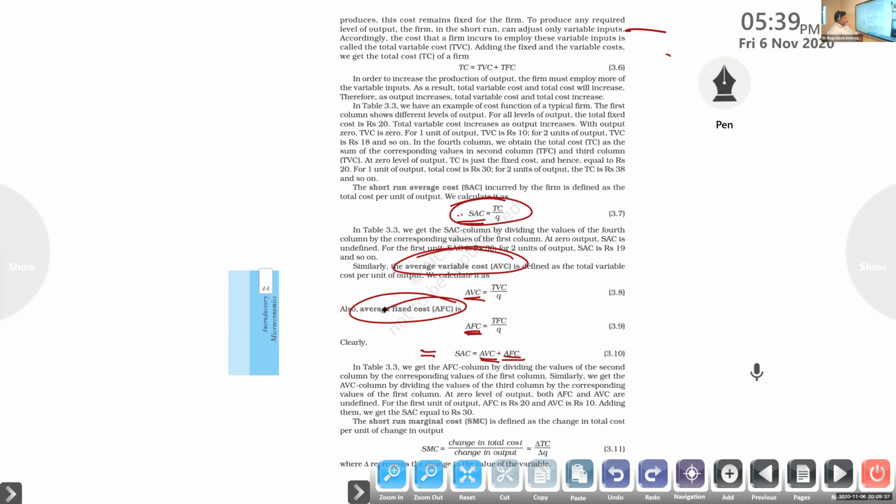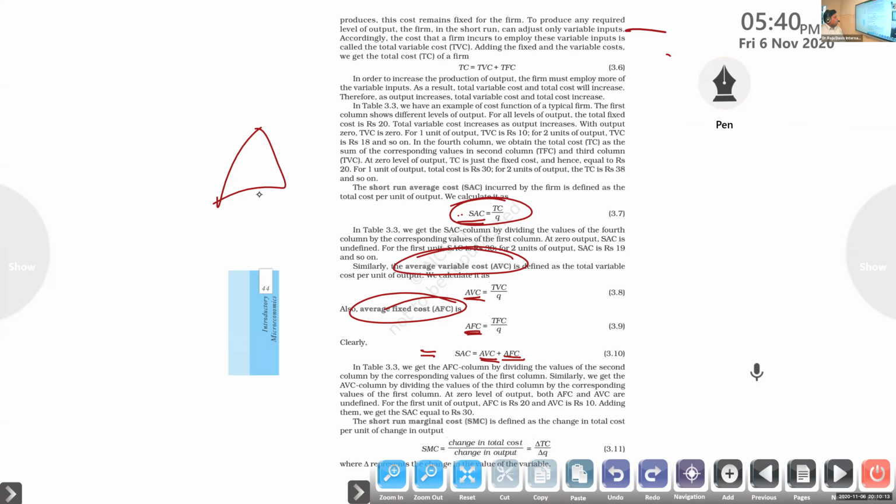Next one, the final aspect for you people here: short run marginal cost. When the term marginal comes to your mind, that symbol also will come. What is that? Delta. So change. Marginal means additional, adding something extra, so definitely a change will be there. So the term marginal is always incorporated with the symbol delta. Keep that in your mind.